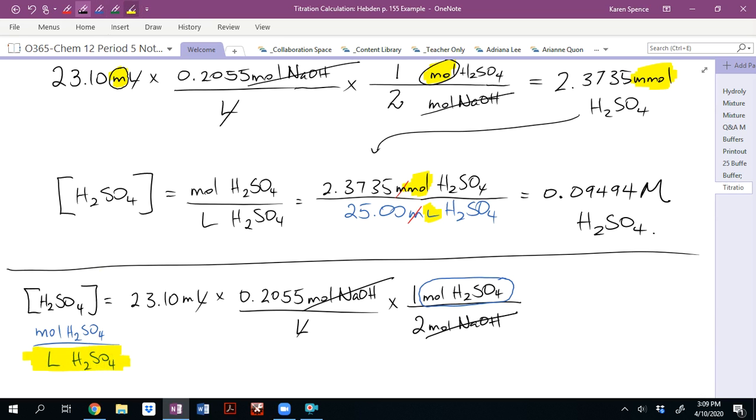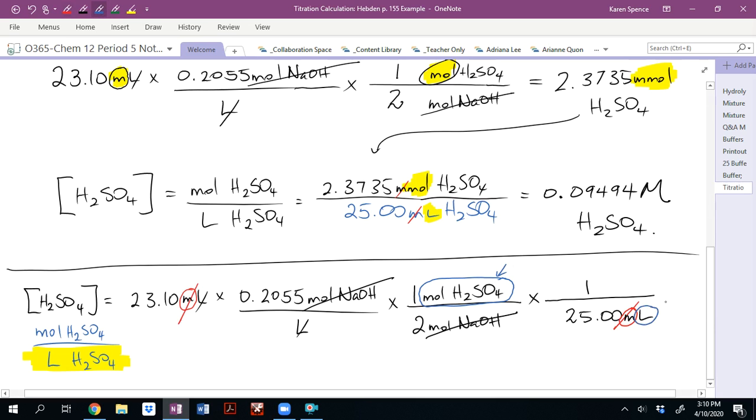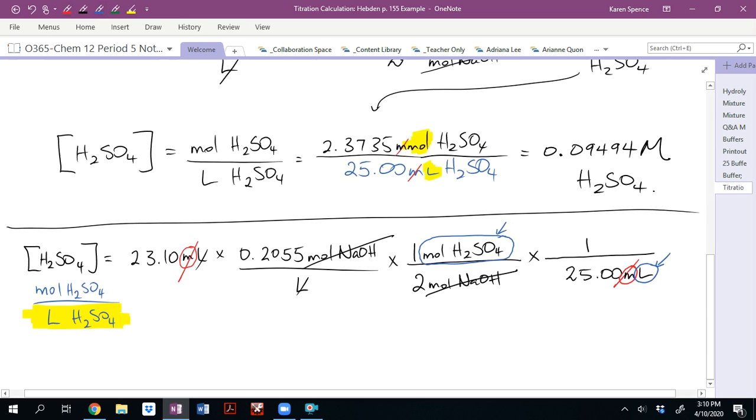One way to do it, there are others, is that you can simply put my 25.00 milliliters of H2SO4 on the bottom. And check it out, our milli here cancels with our milli here, and we will be left with the moles of H2SO4 on the top and liters on the bottom. We're left with moles per liter, and our calculation will end up exactly the same,